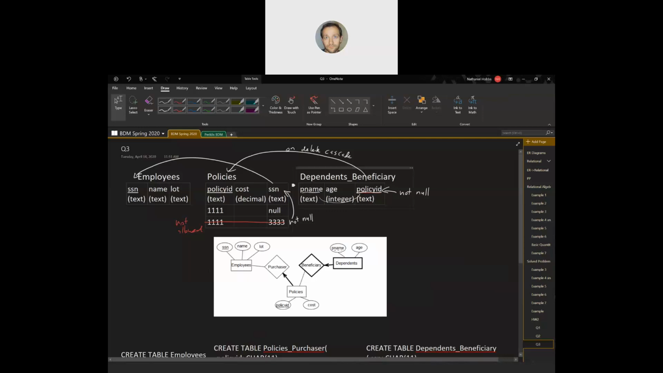And here, both p-name and policy ID are a composite key, or a concatenated key, which I signified by drawing this sort of line between them. In addition to that, the policy ID cannot be null. That's also due to this thick arrow, and also for it being a weak entity. In addition, because this is a weak entity, you need this on delete cascade note. That is to say that if